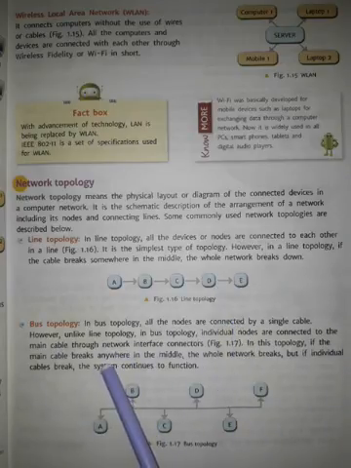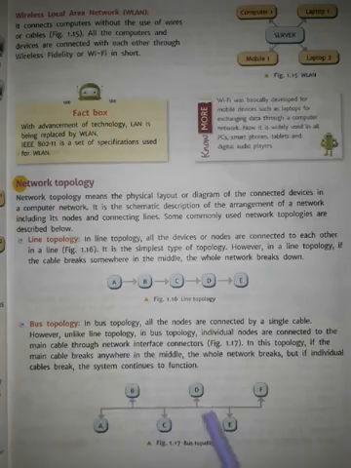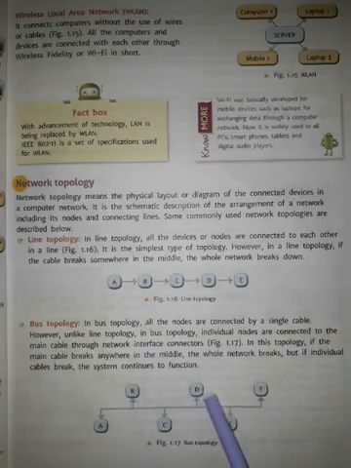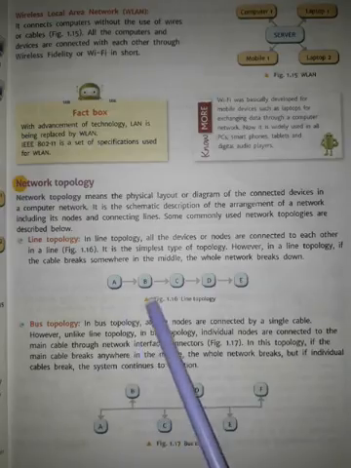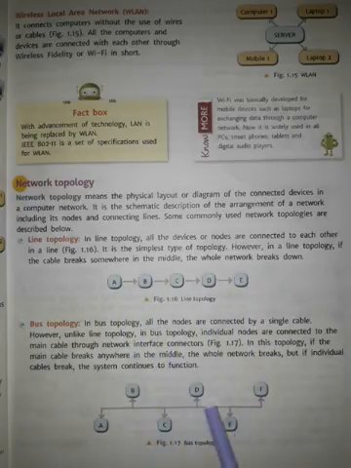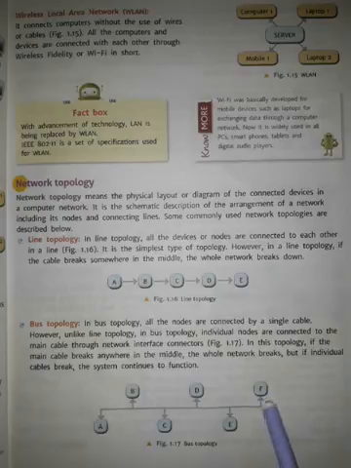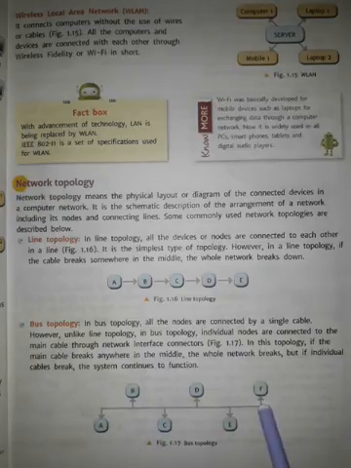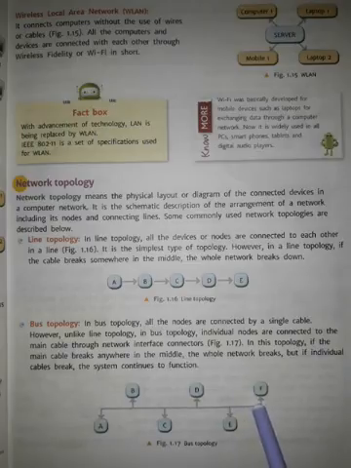In bus topology, all nodes are connected by a single cable, the same as here, but we can see the difference. In line topology, all nodes are connected to each other in a single cable. Here also all the nodes are connected in a single cable, but all nodes are individually connected to the central part of the network. You can say this is the nervous system, or the backbone of the network.